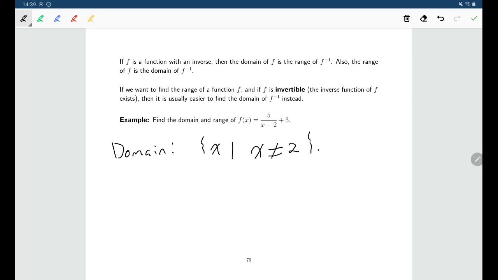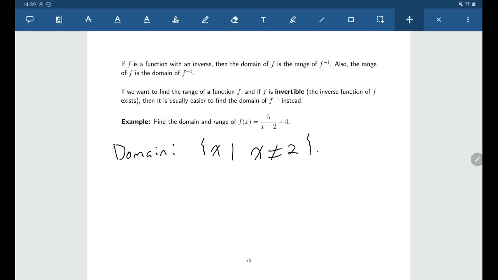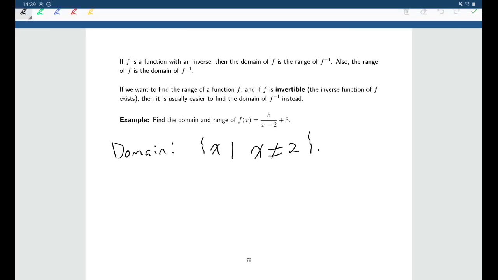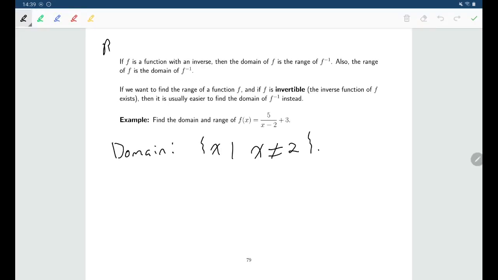Now, when it comes to the range, that's a little bit less easy to tell, because remember, the range is all the y values that would actually be on the graph of that function of f of x. And unless you know what the graph looks like, it may not be obvious what the range should be. But here's the idea that we'll use: if you want to find the range of f of x, that's the same thing as the domain